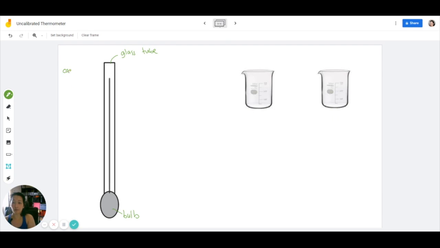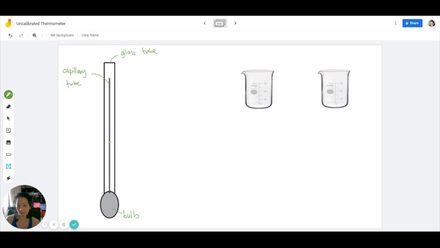The capillary tube is the inner tube, which is extremely narrow, and this is where the mercury goes up and down. It is the volume of the mercury that changes, but because we place it into a capillary tube, as the volume changes,